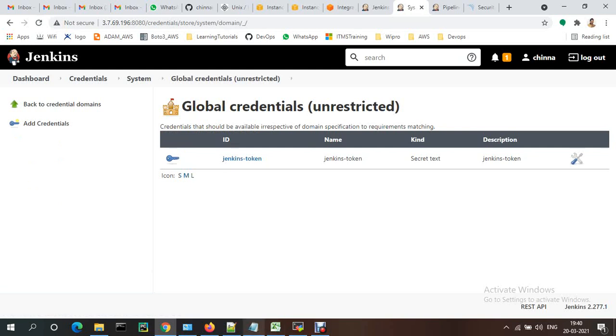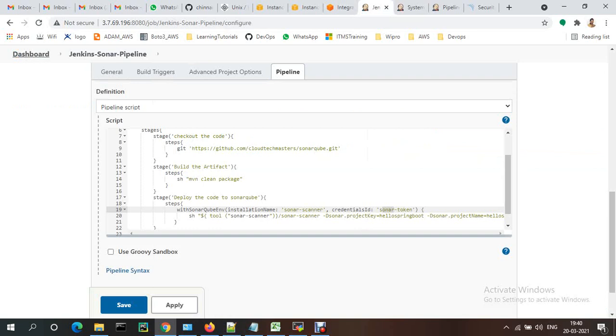So we just change the name as per that one, okay. Credentials ID, like Jenkins token. Installation name like Sonar scanner, okay.